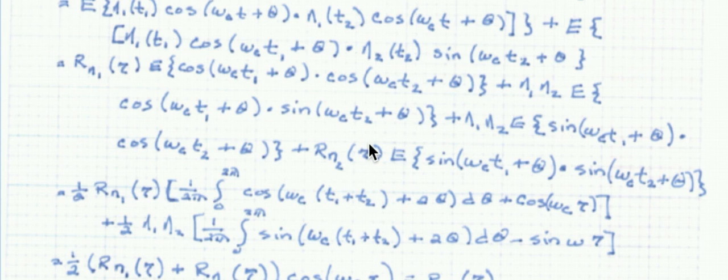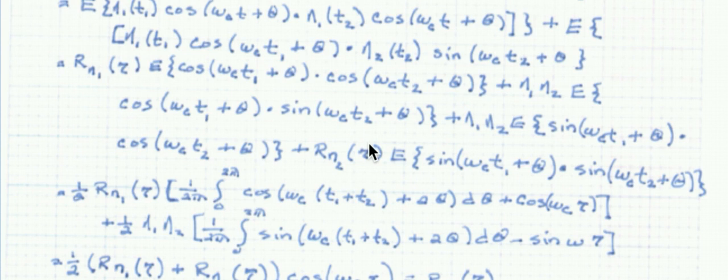The expected value correspondingly is equal to the quantity eta 1 of t1 times the cosine of the quantity omega c t1 plus theta, plus eta 2 of t1, the sine of the quantity omega c t1 plus theta,